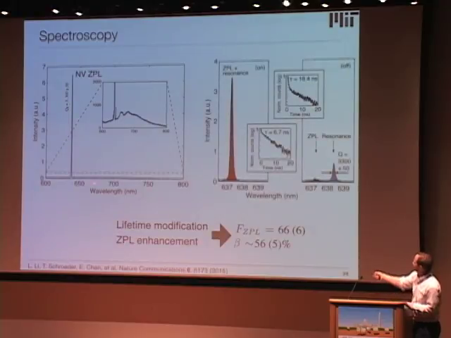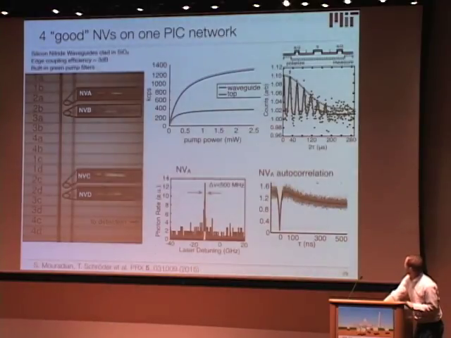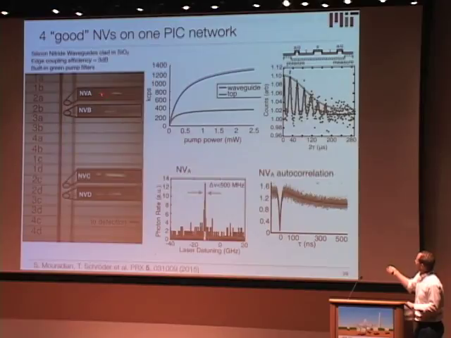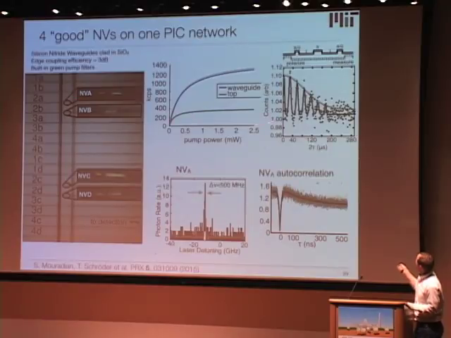So you can see here, you can make an NV that normally has this ugly phonon sideband, well behaved optically. Here's the zero phonon line of the emission of the NV center. And we now get the majority of light into the zero phonon line of the NV, whereas normally it's just a few percent. We can integrate multiple NV centers deterministically into a photonic integrated circuit. The photonic integrated circuit in this case is a backbone made of another material, in this case silicon nitride. We can integrate that, and the performance of these memories is pretty good.